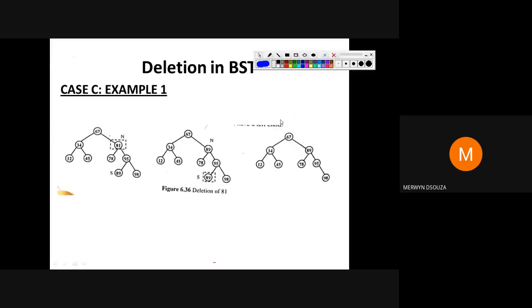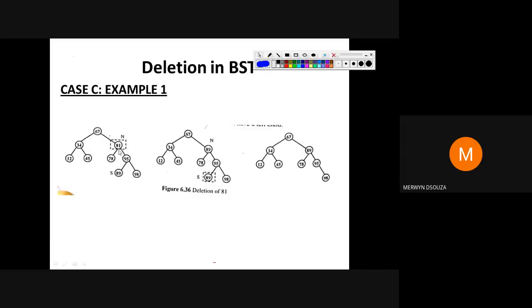So for example, see here, I want to delete 81. Okay, so whenever you want to delete any node in a binary search tree, if it is case A, 81 has to be a leaf node, but it is not a leaf node, so you will go for case B. Check whether it is having one child or 2 children.